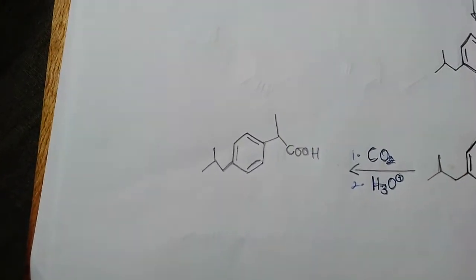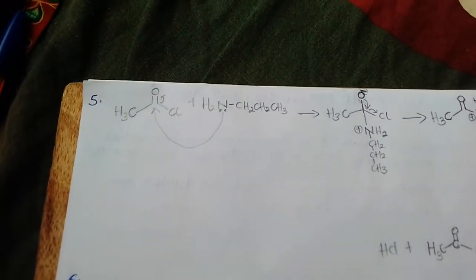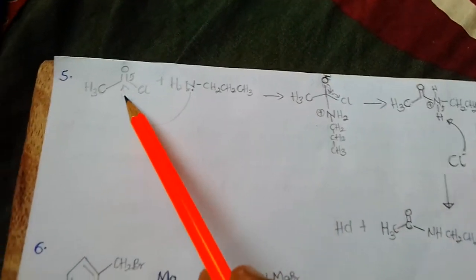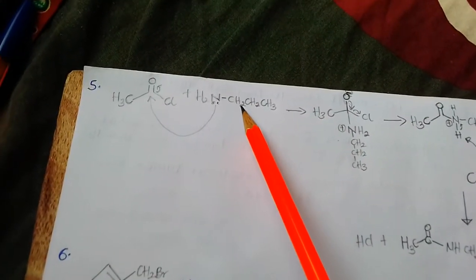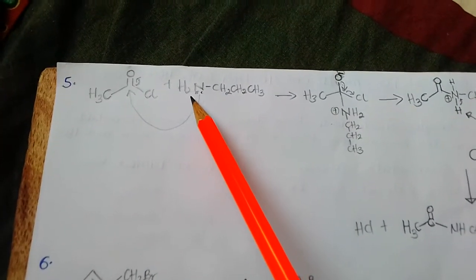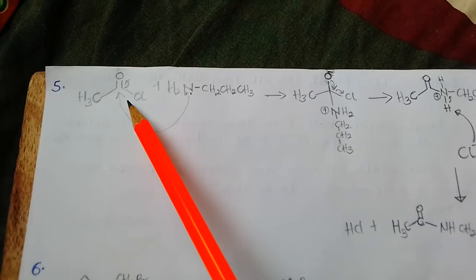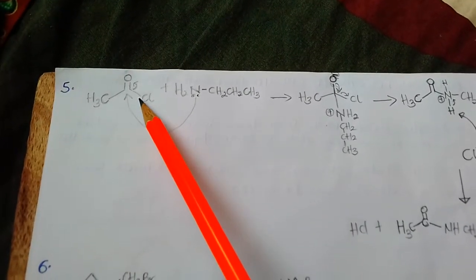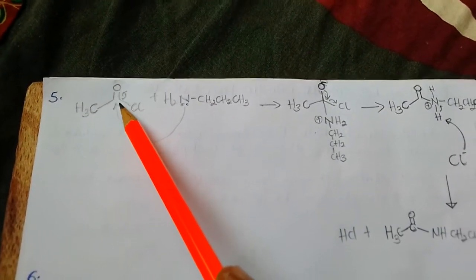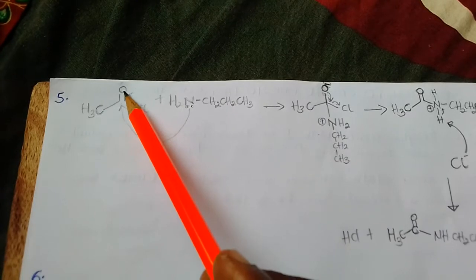Let's continue with the other questions. The next question, you were being asked to propose a mechanism between this acyl chloride and this amine. So the mechanism between this acyl chloride and this amine is a nucleophilic addition elimination reaction. It's very simple. This nitrogen is a nucleophile, so it will attack the carbon here, and the bond will break